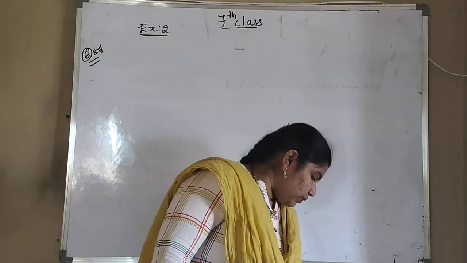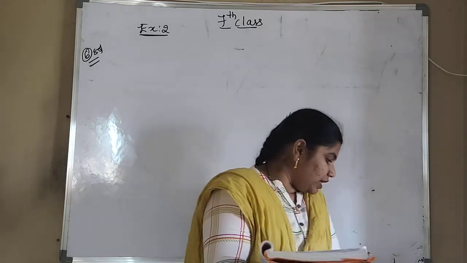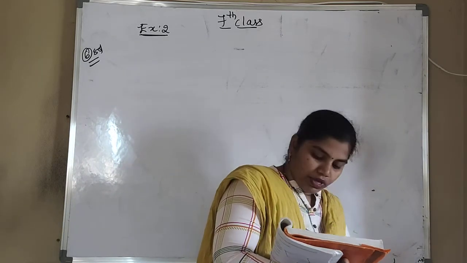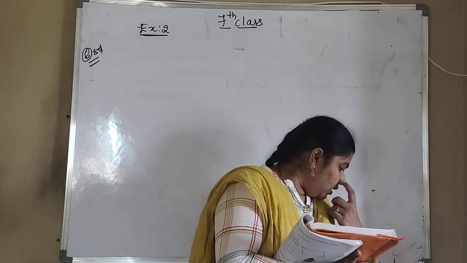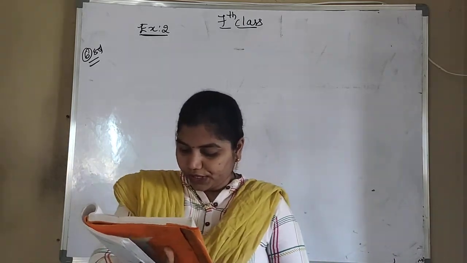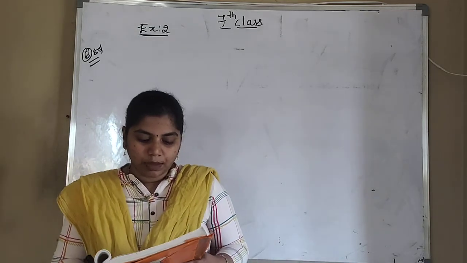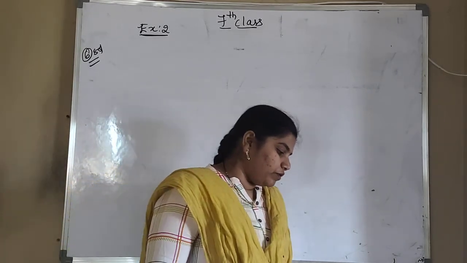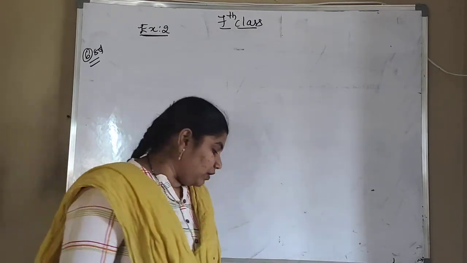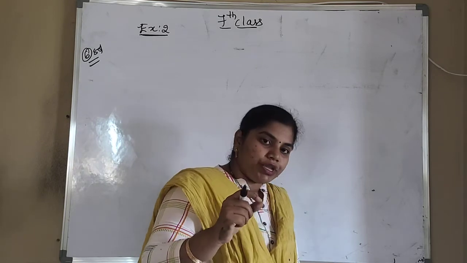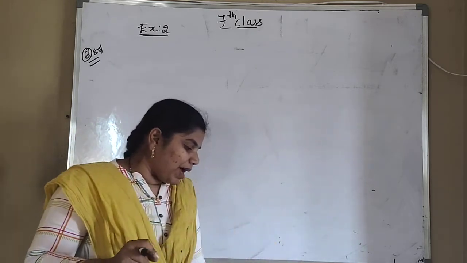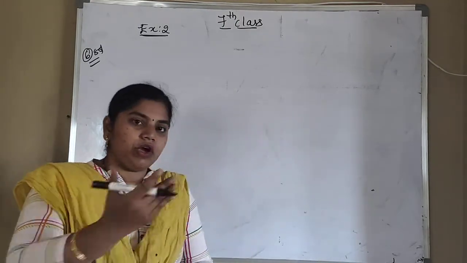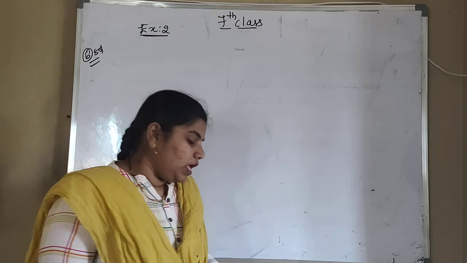Okay, so what is the last one? A square and a parallelogram have the same area. A square and parallelogram are having the same area. If the side of a square is 40 meters and the height of a parallelogram is 20 meters, then find the base of the parallelogram. So what do we have to find? We have to find the base of the parallelogram. And what is the important given matter there? That a square and parallelogram have the same area. So area of a square will be equal to area of a parallelogram.